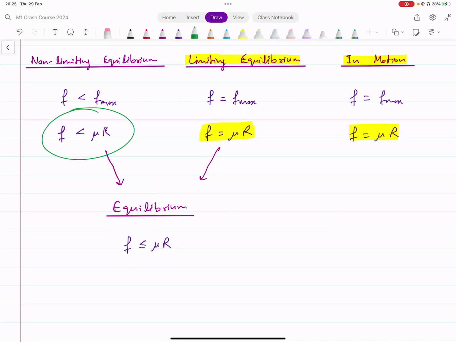This one is not used as often, F less than mu R. However, this one is used, the one that has F less than or equal to mu R. This is also an important case. When you just have equilibrium, you will sometimes have to use F less than or equal to mu R. It's often when you are asked to prove some inequalities. I'm going to write this down here. We will refer to this later when we do such problems. You will often need to use this case